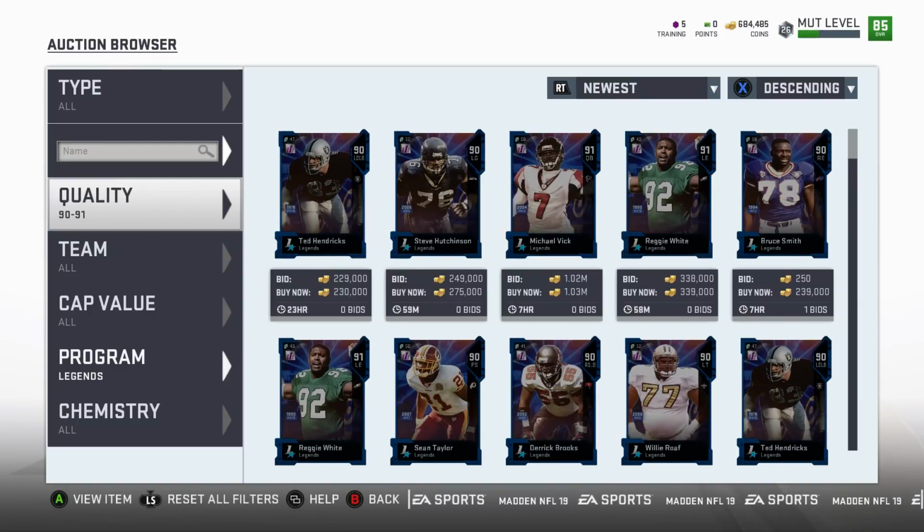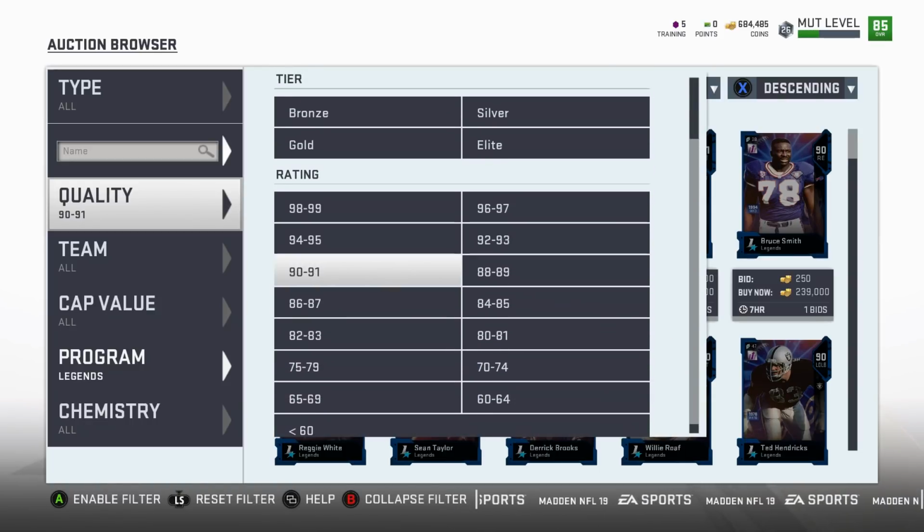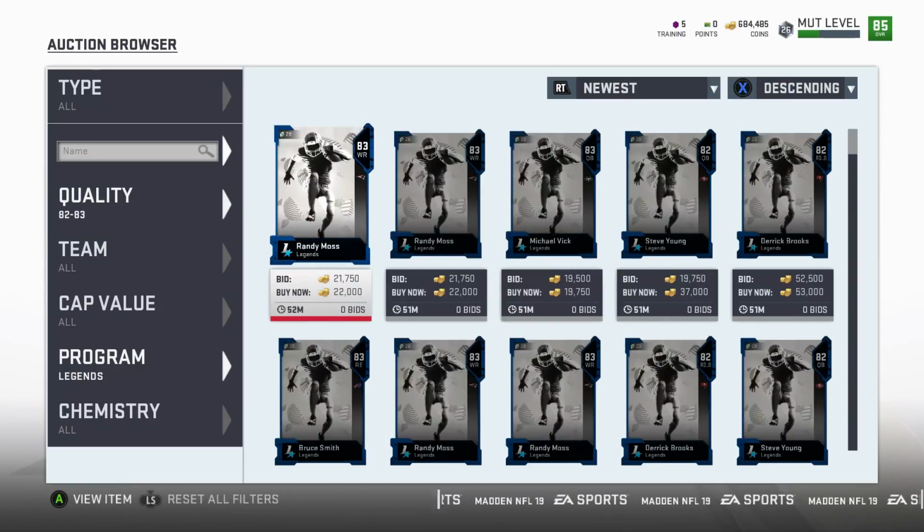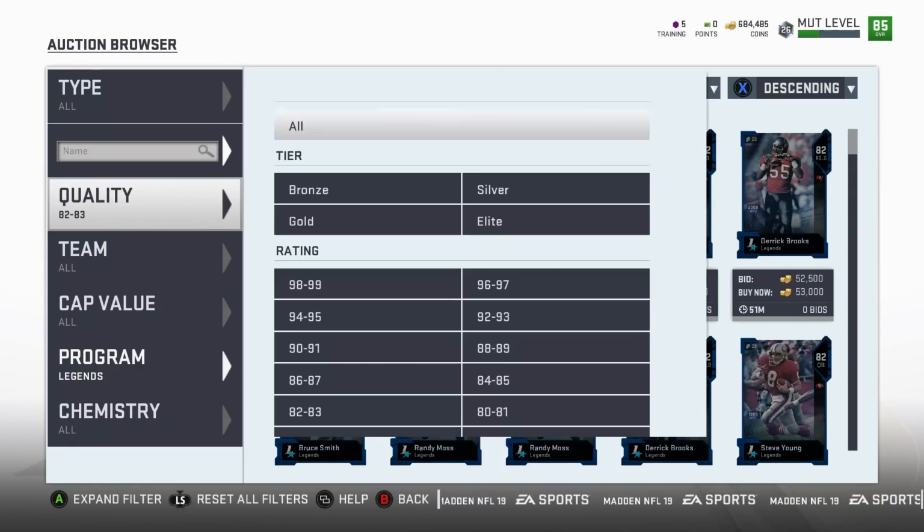Sold him for, I believe, 234. Made an easy 10, 11k profit. So definitely try out this. This definitely works. But if you don't have as many coins as most people do right now, you could see